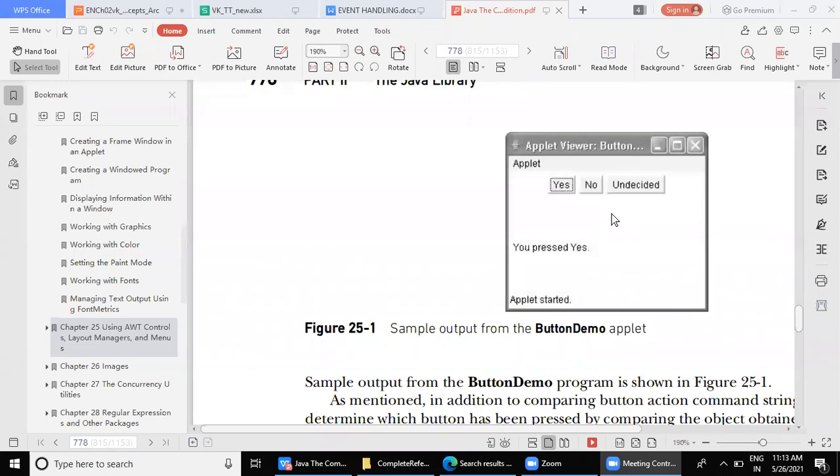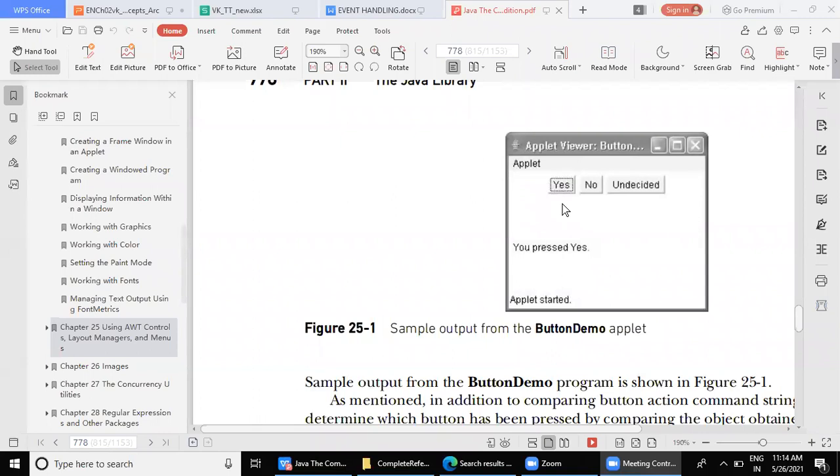If it were a single button, you would have directly taken the text and said you pressed this, but there are three buttons. So when there are three buttons, there are three branches. Branching means which condition occurred here? If statement, if else, right? What is the condition that you will match to know which button is clicked?